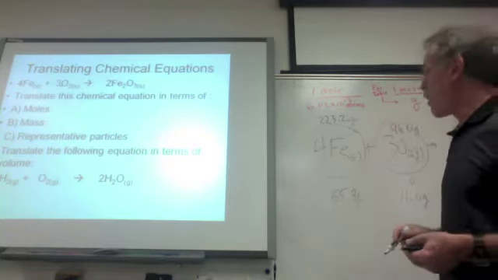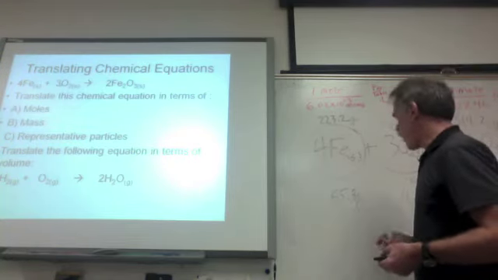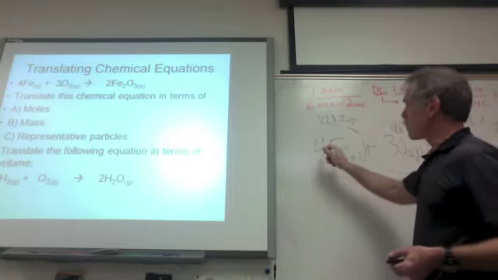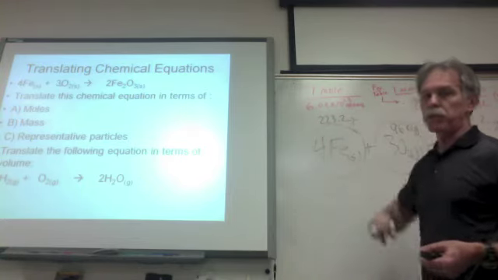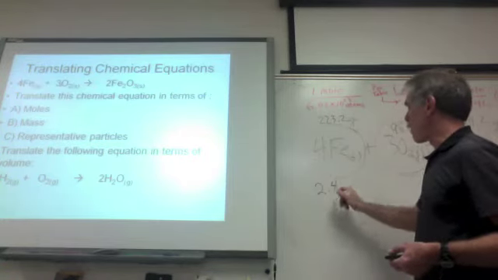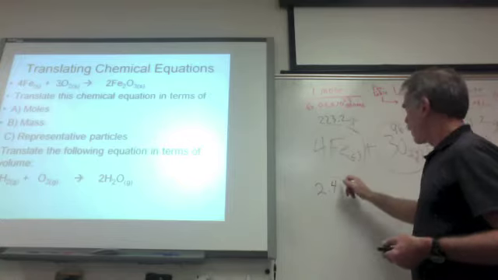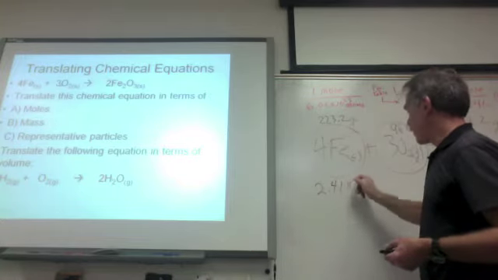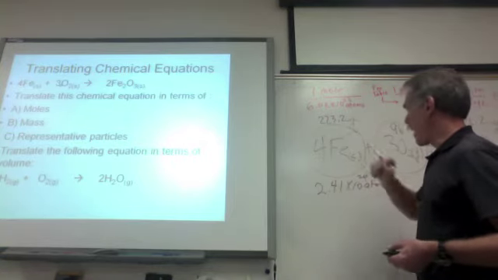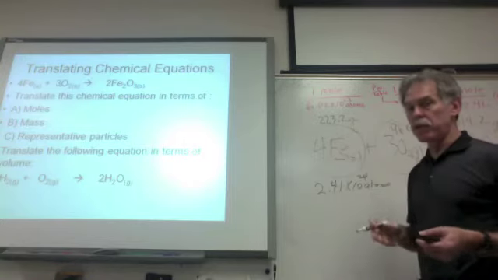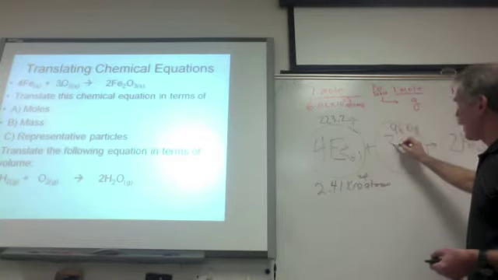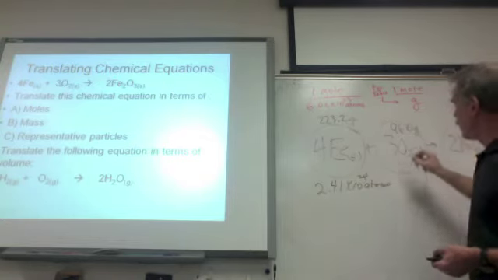Finally, for representative particles, and we're going to translate that one up underneath so that I have a little more space, you basically multiply the number in front times 6.02 times 10 to the 23rd. So for this one, this would be 2.41 times 10 to the 24th atoms of iron, because it's an element, and for most elements, atoms are the representative particle. And here we have 3 times 6.02, which would be